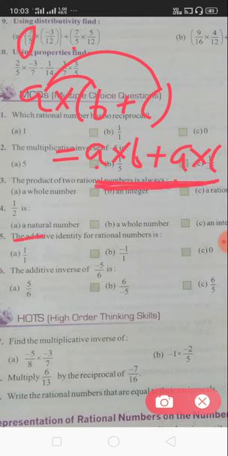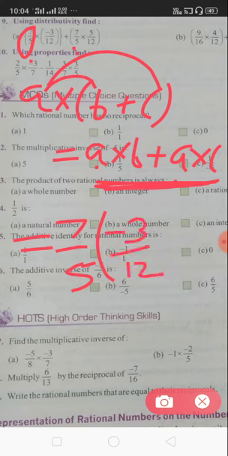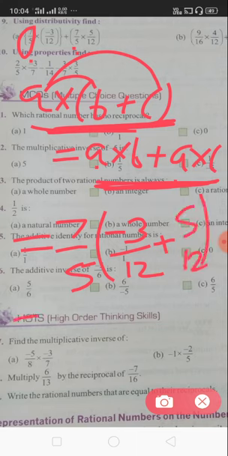How will we write it? You take a common. What is the value of a there? You can write 7 upon 5. The 7 upon 5 here, and the 7 upon 5 here as well. In the bracket, what is left? Minus 3 upon 12, and in between the brackets the sign is plus, so you place a plus sign here. With the formula you also see the plus sign is placed between b and c. What is the value of c there? 5 upon 12. Now its simplification is very easy.